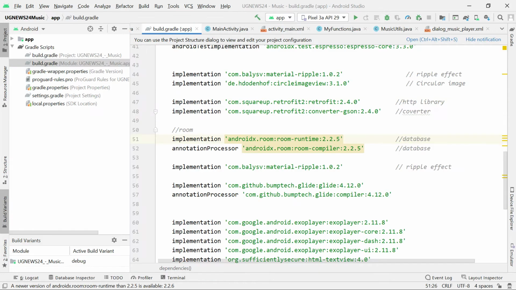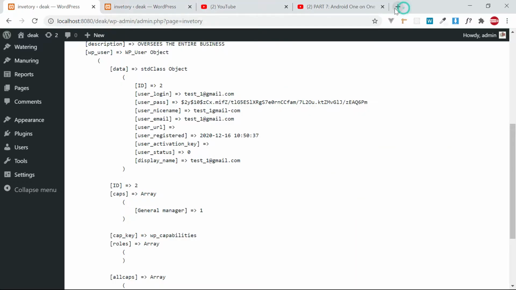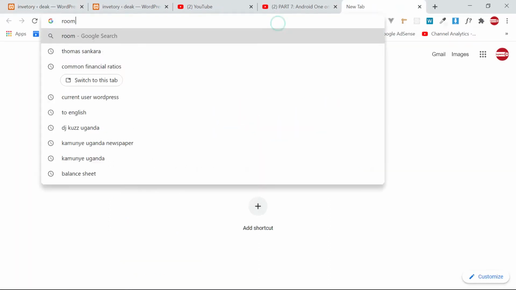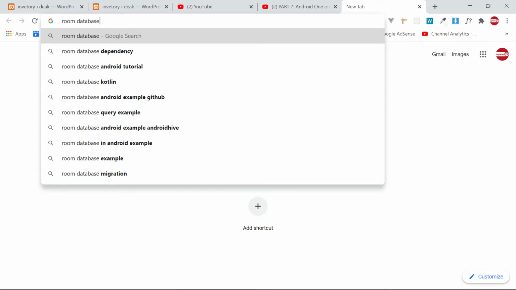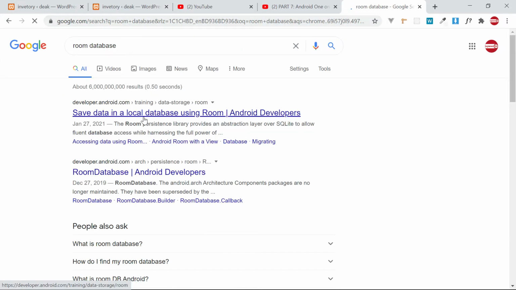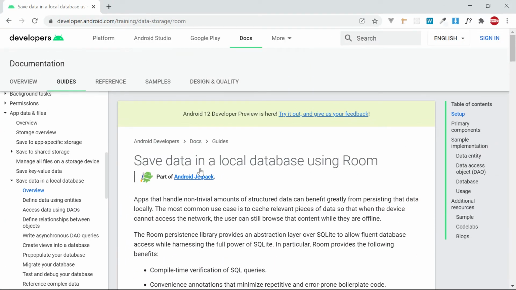So you can simply search Room on the internet. Just come on the internet and write Room database, or Room Android database, and then say OK. So Google, you see, it's even on the official website of the Google Android developers. So this database, you can see they will explain everything for you step by step, and